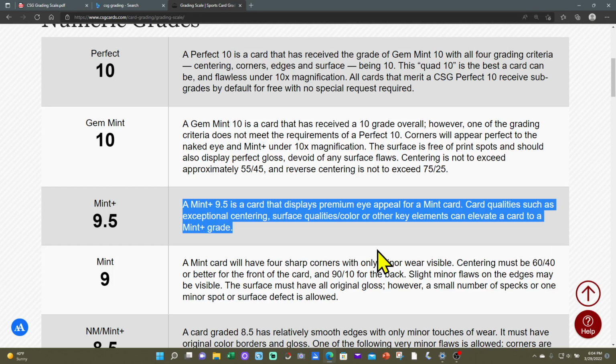Before, there was always a criteria identified for every one of the 4 grading criteria. That is now void from this 9.5 Mint Plus, and it just says, eye appeal. So I think that's going to create a lot of variation from one grader to the next, and I'm not a huge fan. But it is what it is. At least they defined it. So beyond that,